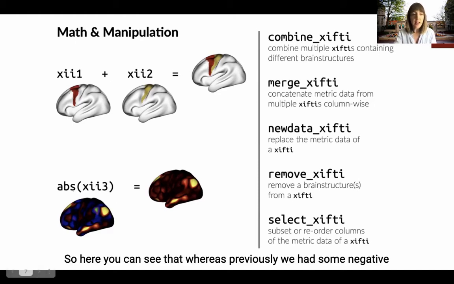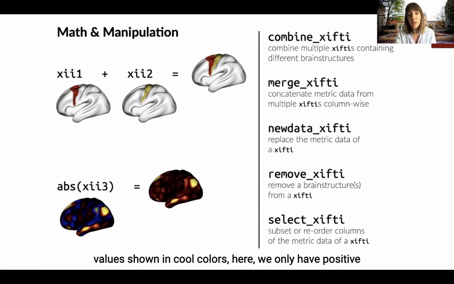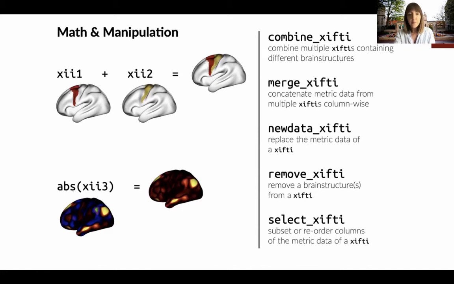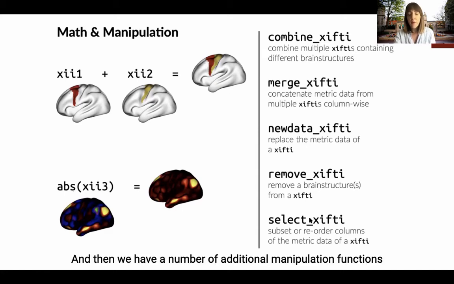So here you can see that whereas previously we had some negative values shown in cool colors, here we only have positive values, all shown in warm colors. And then we have a number of additional manipulation functions that kind of mimic some of the things available in